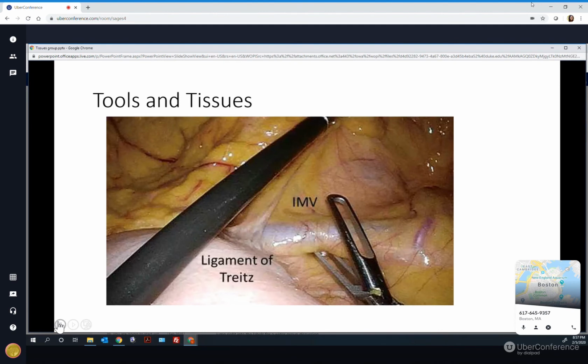If you give me the context that it's a left colectomy and we are on the left side of the abdomen, I might be able to make a guess. For example, I was in a gastrectomy case and we were seeing a few vessels. My chief asked me, "What are these vessels?" I was able to read them off because I had the context of what was going on and